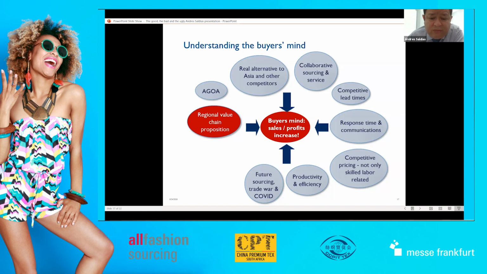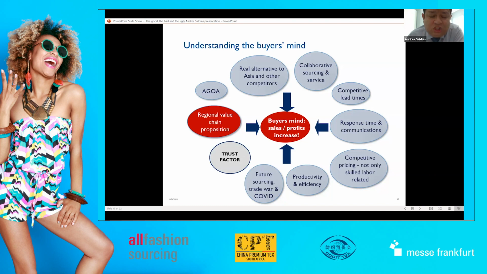And what is the future sourcing looking like? Right now, we're in the middle of a trade war between China and the US for the last 2.5 years. And now we have another factor in the business sense, the COVID. There is a sentiment, this has become sentimental for the US buyers. They don't want China. They want something made somewhere else, and that's a fact in the industry.